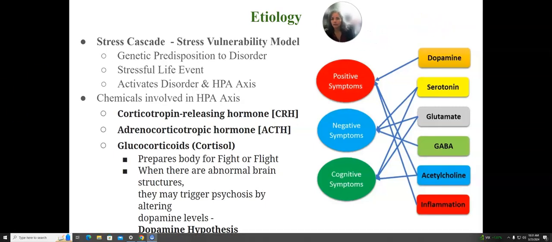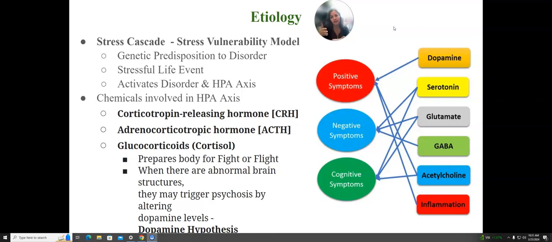In terms of environmental factors that might be related, there's this notion of the stress cascade. Stress actually triggers a cascade of neurotransmitters internally. So this is an interaction between our environment and our biology. We might even have a genetic predisposition, and then we have these stressful life events, and then that further changes our internal environment. It activates the HPA axis. So if you've studied stress in an intro-psych class, we talk about